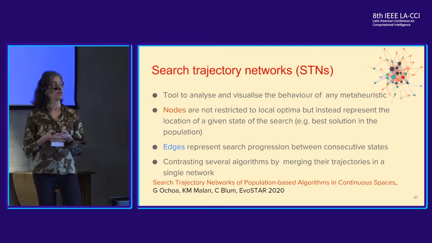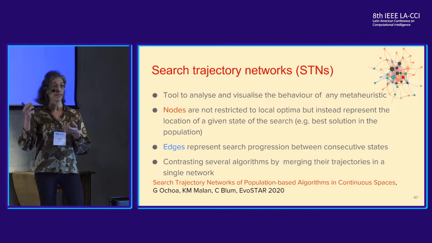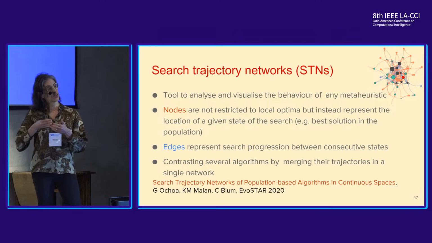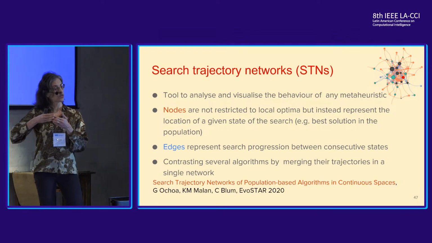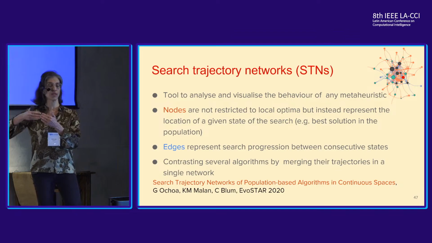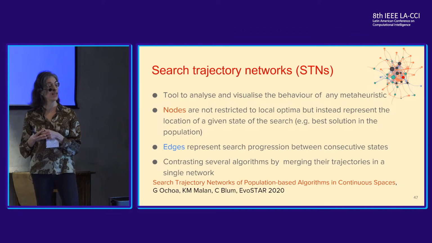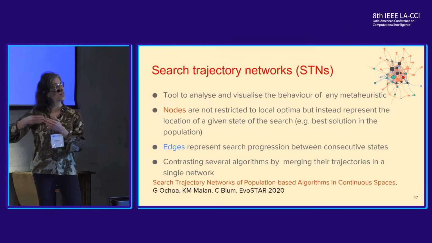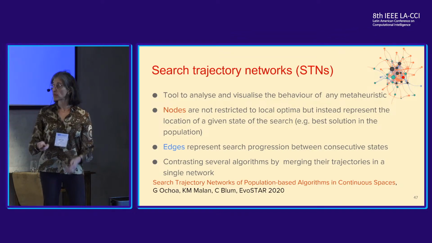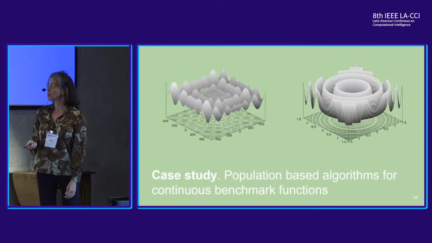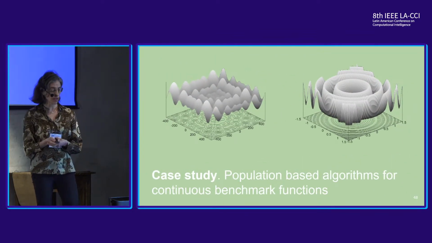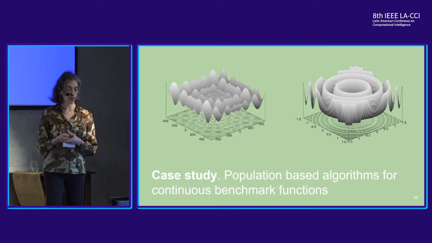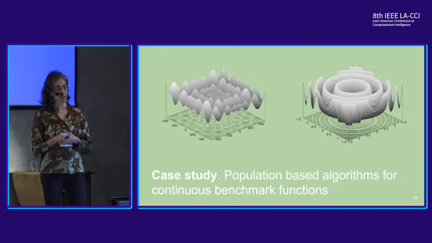For example, in a population-based algorithm, it can be the best in the population. And the edges represent time, basically just two consecutive solutions, because normally meta-heuristics are iterated processes. So if they are consecutive, there is an edge between them. So we apply this model, and this is a case study on using search trajectory networks for analyzing population-based